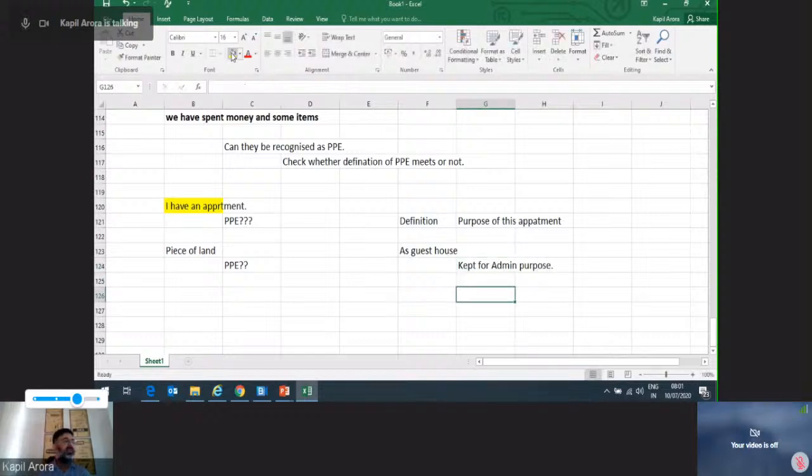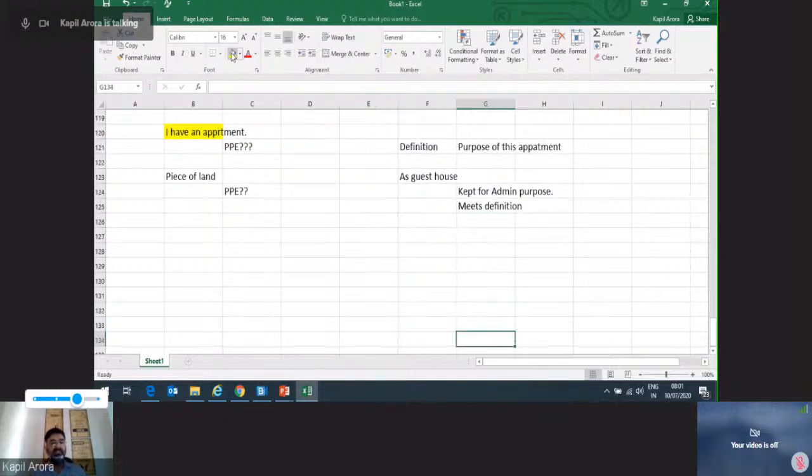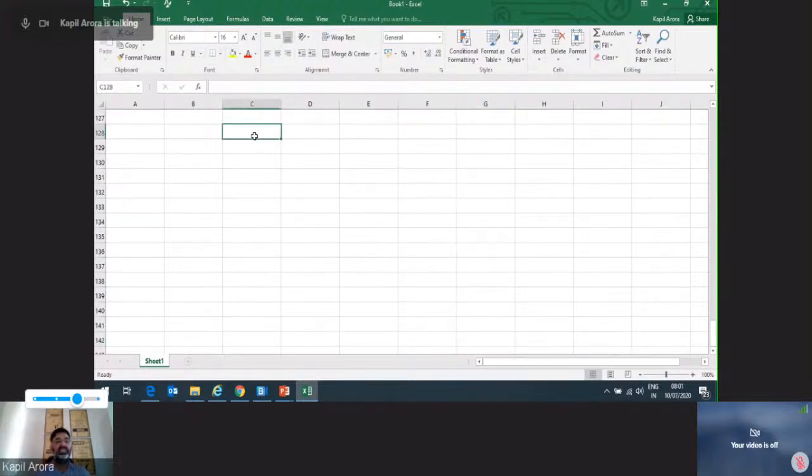It is kept for admin purpose and meets the definition. When it meets the definition, kept for admin purpose, then we see whether it is meeting the recognition criteria or not. And what is the recognition criteria? Recognition criteria is